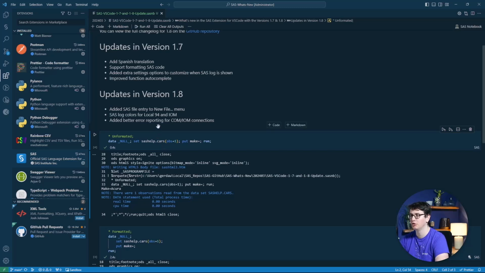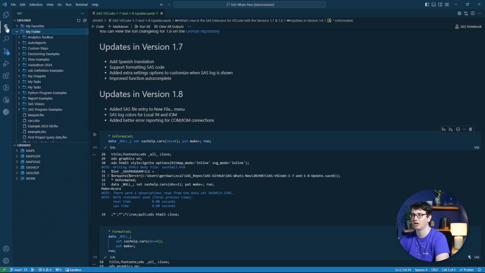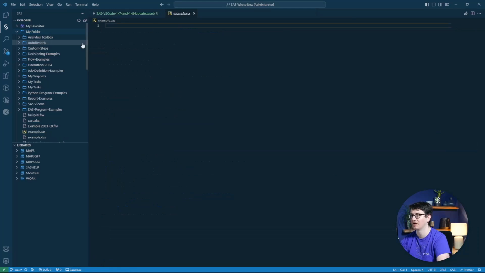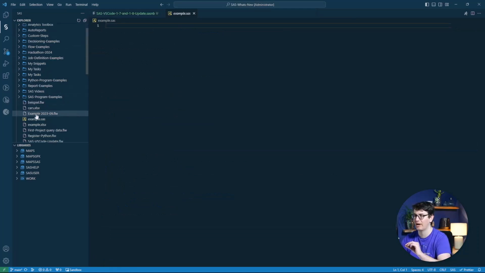The final new feature that was added is if we hop on over to the Explorer pane inside of the Sass extension, which this pane is currently only available for SassVia based connections. You can go to the Explorer, and here I'm in my folder. I can now right click it, say new file, and let's say we are going to create an example.sass file, and it will auto create it inside of my folder here and open it up in VS Code for me to start writing, running, and executing my Sass workload.